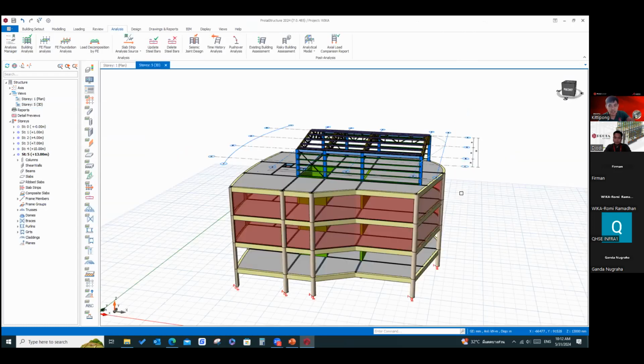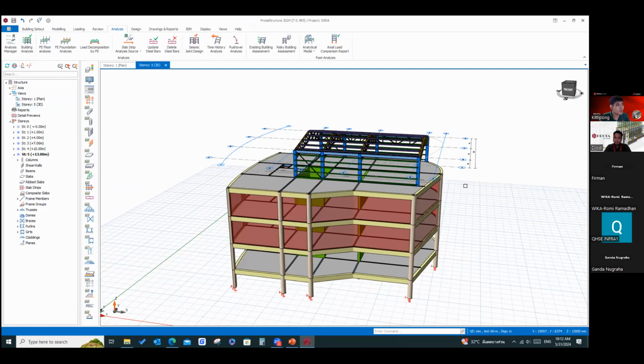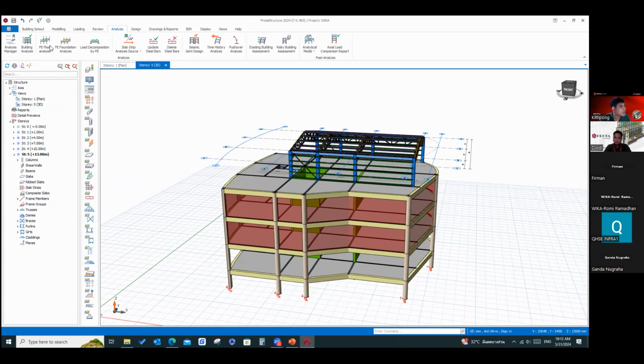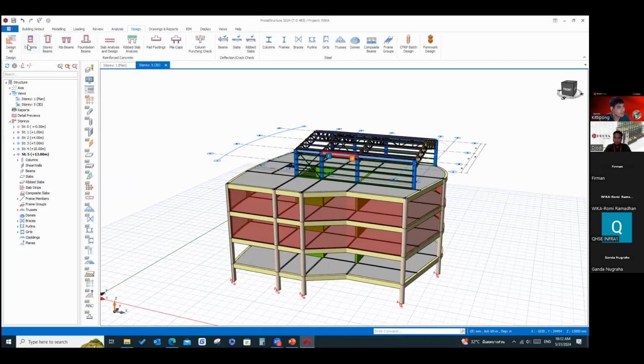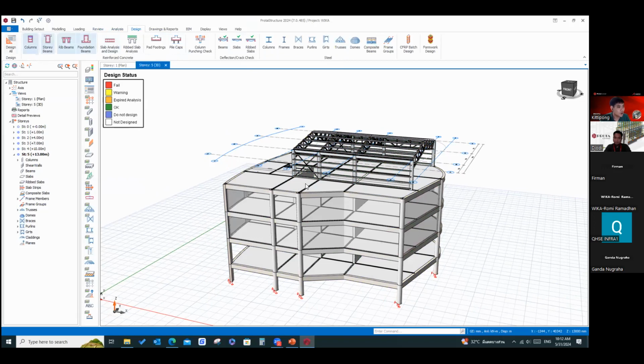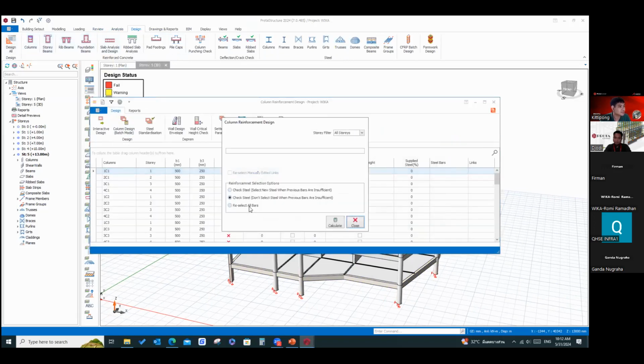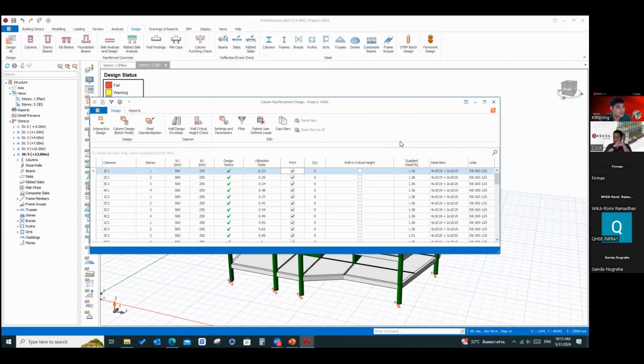After we finish reviewing the analytical model and we have to do the design, the whole design process is quite easy. Like I try to design the concrete column like this. Just press design, and it will automatically select the reinforcement for you. Done. See?